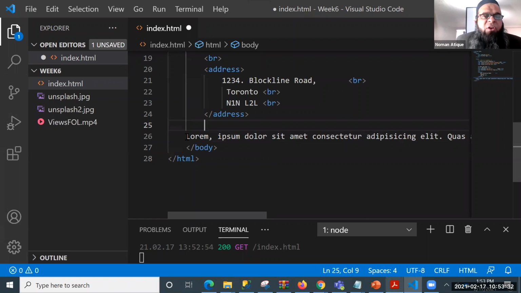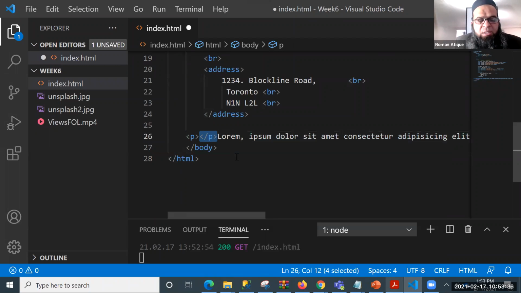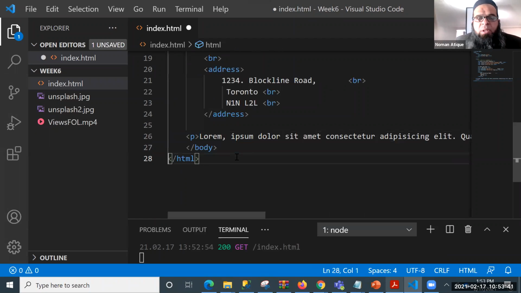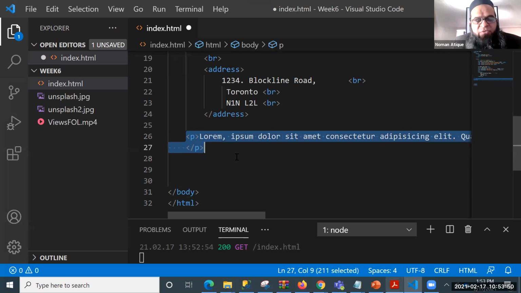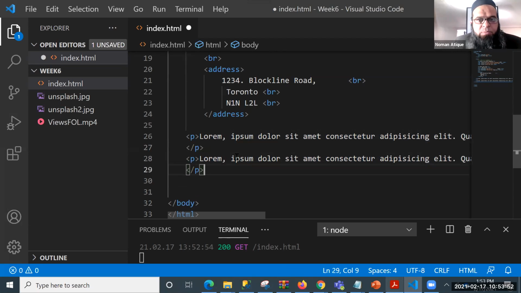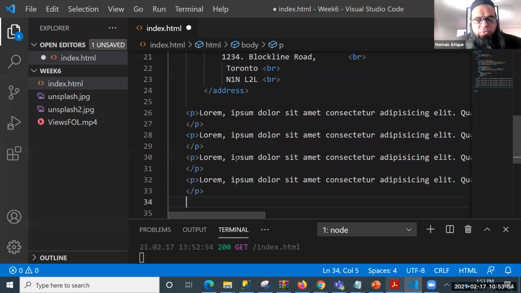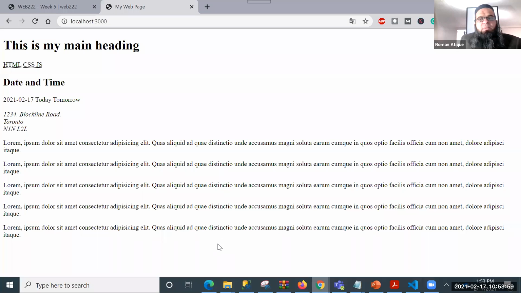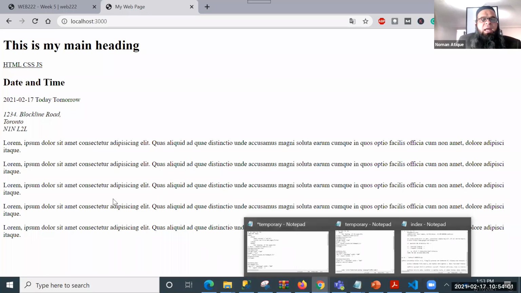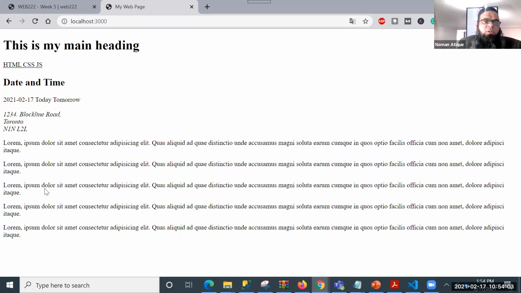So I want to create a few paragraphs. I'll do a P and this lorem ipsum text. Now cut this from here and go to the end of this line. I can even place it over here, because it will just go behind that. Now I've created this one paragraph and I want to copy and paste it 2 or 3 times just to have a document that shows a few paragraphs. Now save this one and run this. Now we have certain paragraphs, and these paragraphs are coming from our lorem ipsum.